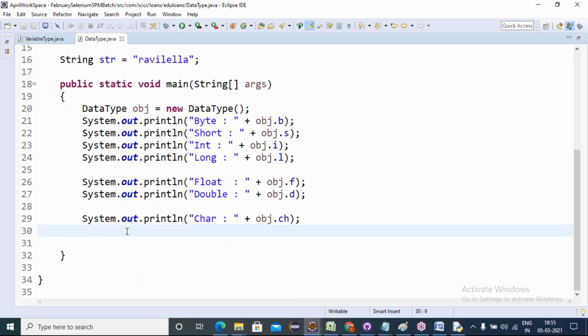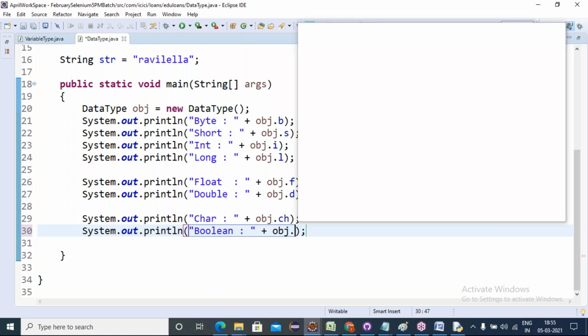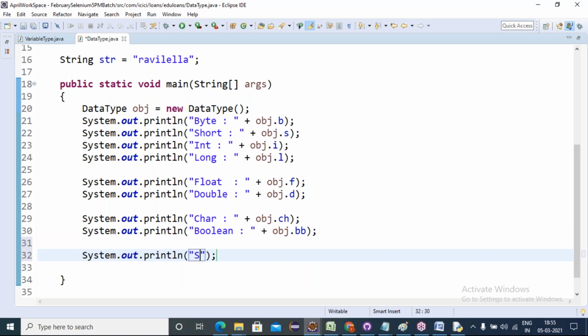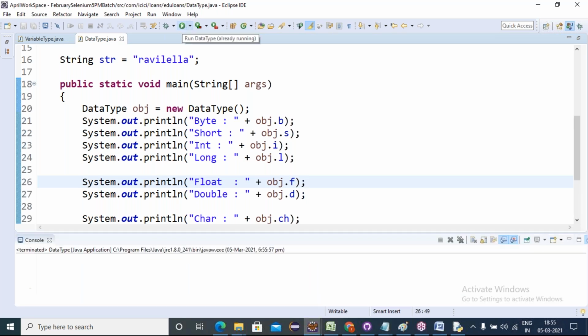Now next, Boolean: obj dot b. Now for string, how can we access it? Concatenation obj dot str. If I run this program, the output is coming.